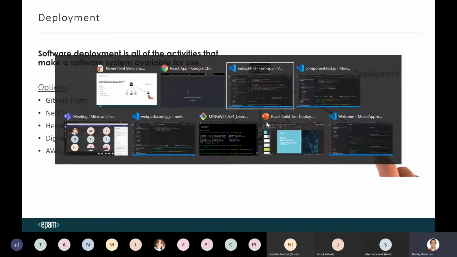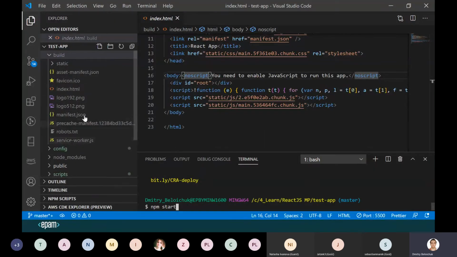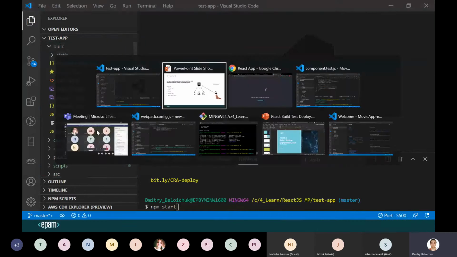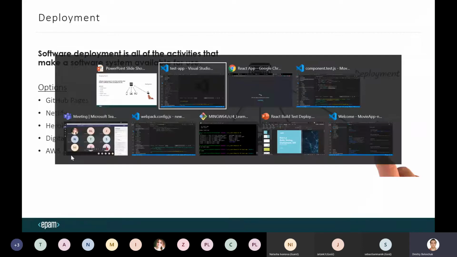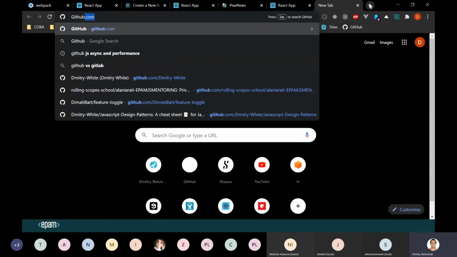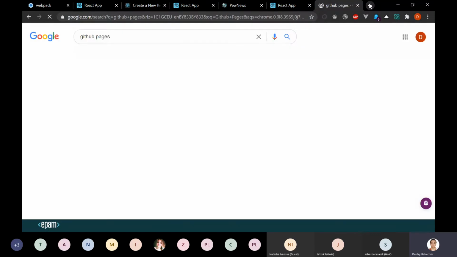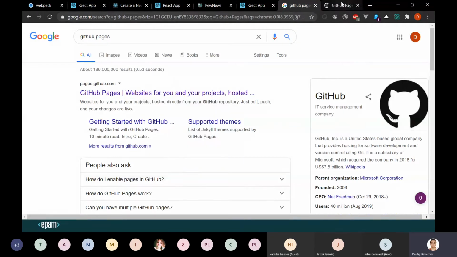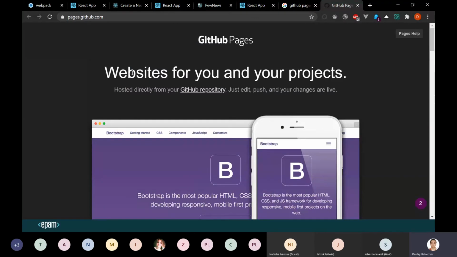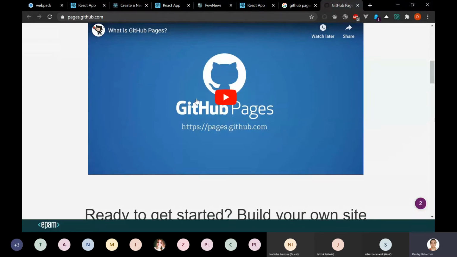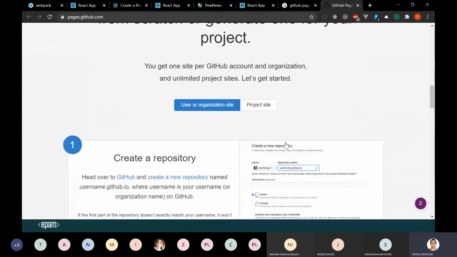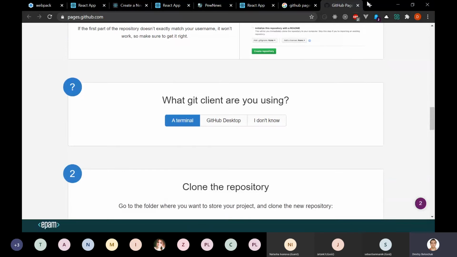So remember, for the current application, I have a build folder already made. So I expect that if I push the whole thing to one of these options in a special way, they will run it for me. So what is GitHub Pages? If we Google github.com and Pages, we'll have a really nice introduction into how the GitHub company expects us to build our application. It has a nice explanation for all the steps that you need to do, but in the end, it all